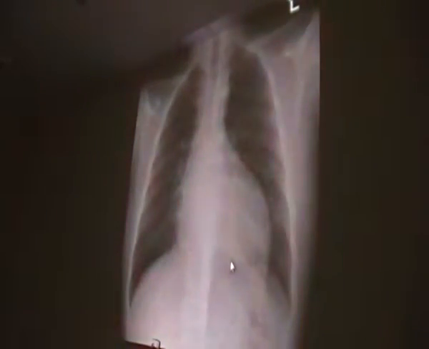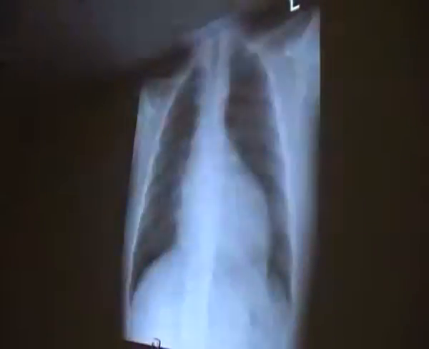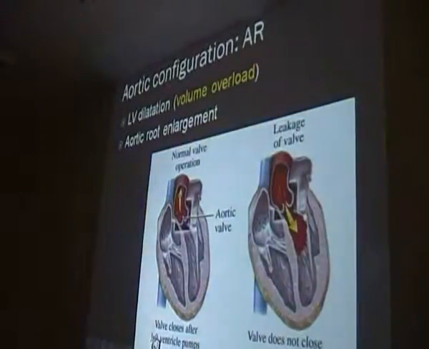So what is the pathology? What pathology can you think of? Aortic stenosis, hypertension, some more. Cardiomyopathy can also. And so this is so-called the aortic configuration. Usually it's a problem with the aorta. More typical for aortic regurgitation; stenosis less likely, because it will usually be in the decompensation stage actually. So usually it's caused by the left ventricular dilatation.